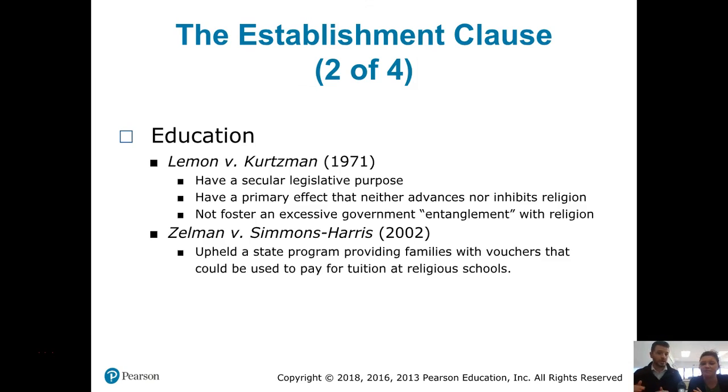Correct. Okay, so this establishes what's known as the Lemon Test, and these are the three parts of the Lemon Test. The three-prong test is what it says in your book. Anyway, the last part of the Lemon Test is that it can't foster an excessive government entanglement with religion. And so, again, if you were giving money to a Catholic school and they were using that to build a new